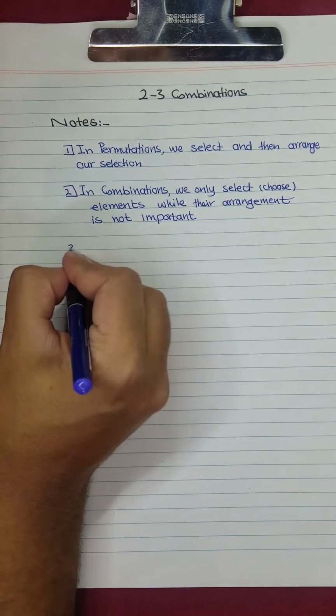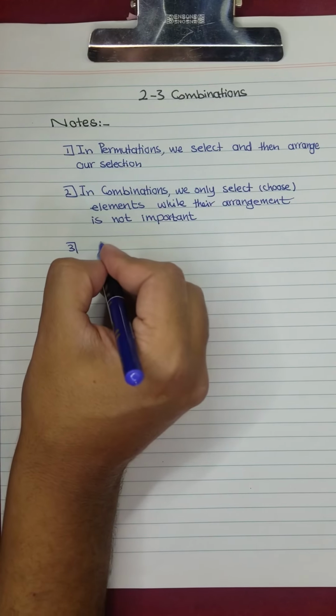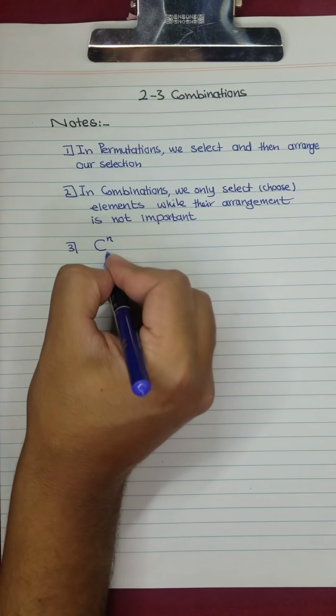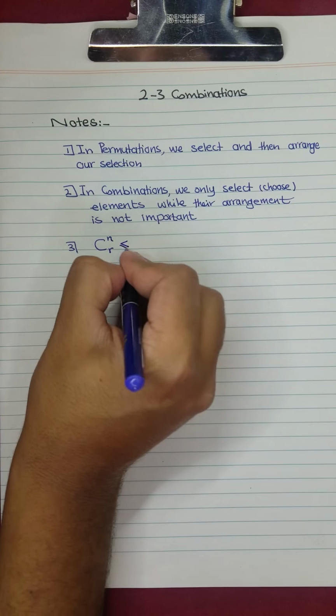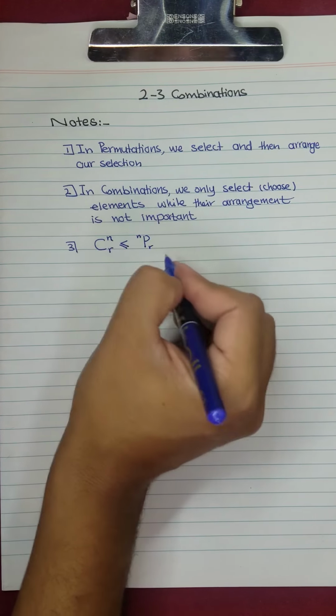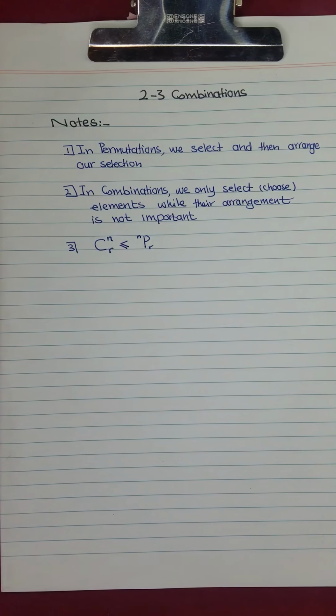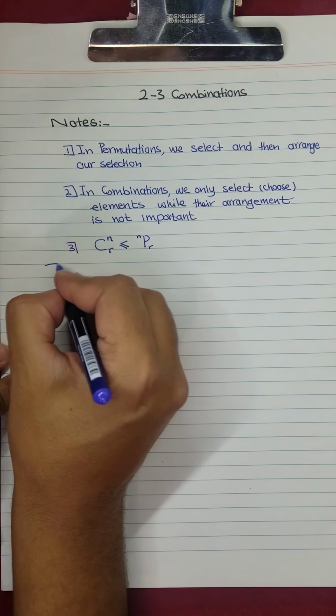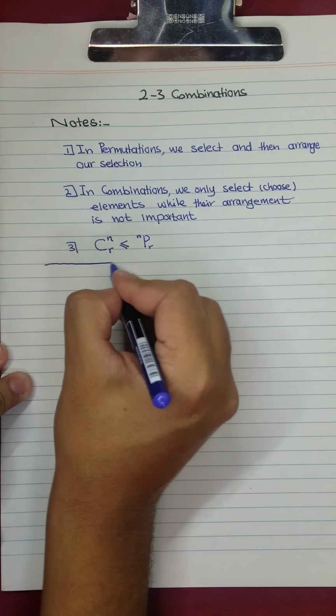And the third thing, you need to notice that the combination of N, R is always less than or equal to N permutation R. Good. So this is the first thing that we need to know. Okay. Now guys,